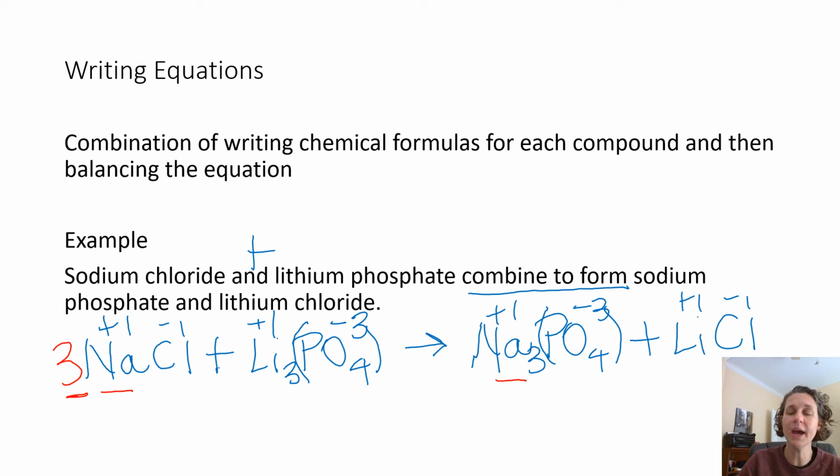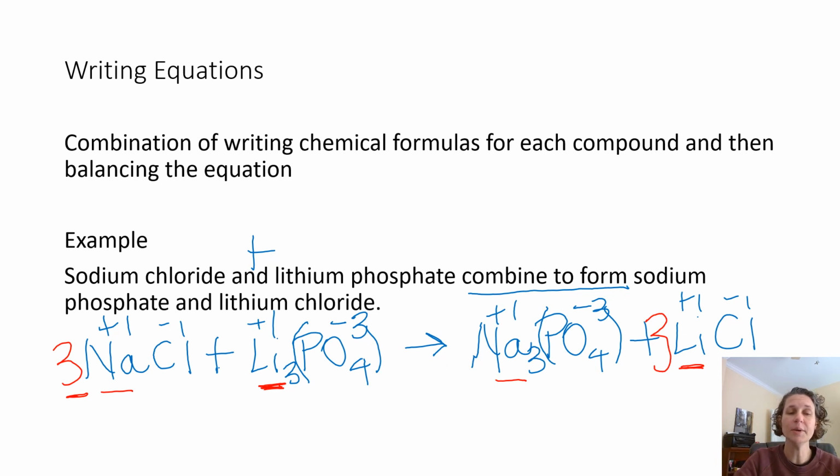So I can't add to the formula itself. I can only put numbers in front at this point. So I have to put a 3 in front of the entire equation, or the entire formula. And now my Cl's are good. Going back, Li, I have 3 of them here. And with the 3 I already added, I have 3 there. So that one is good. And then the last thing